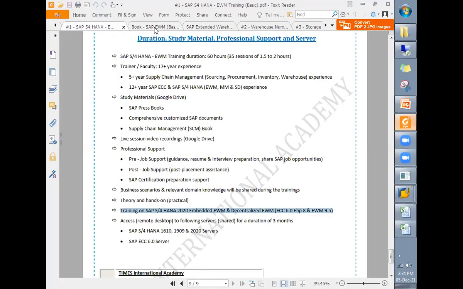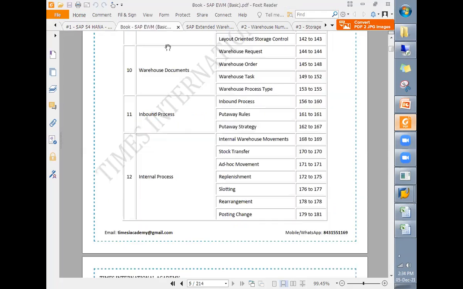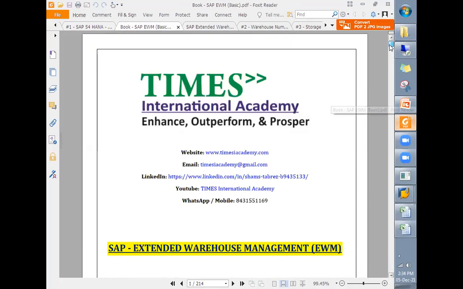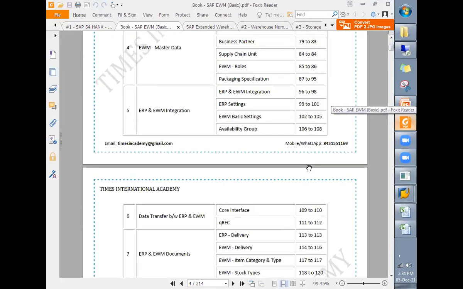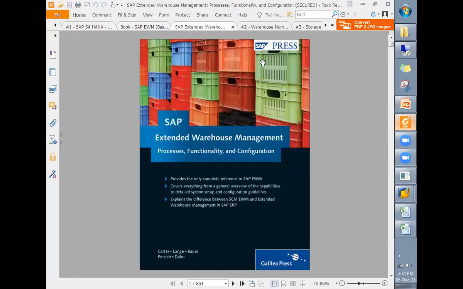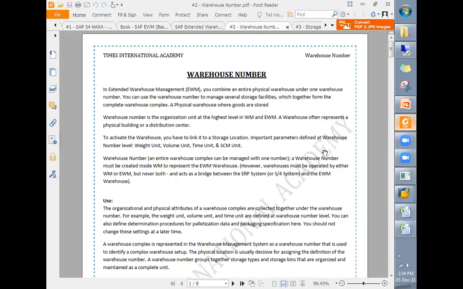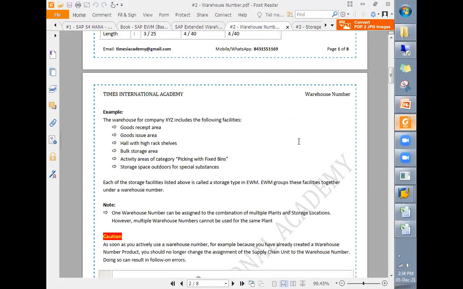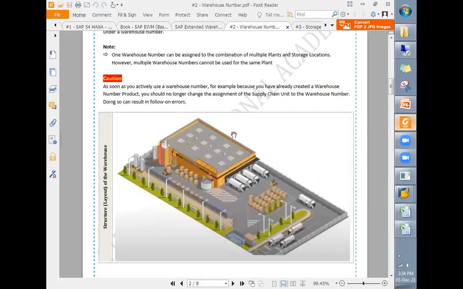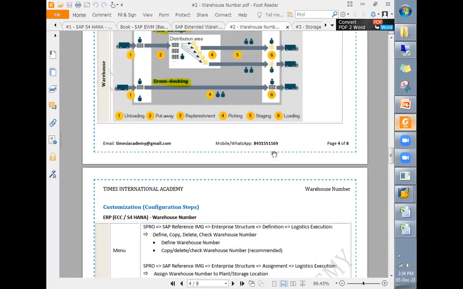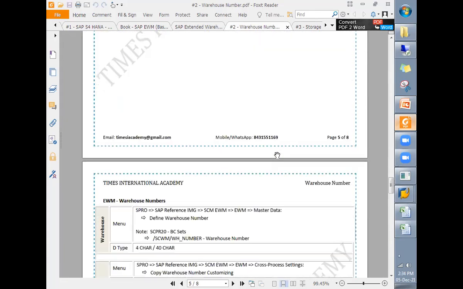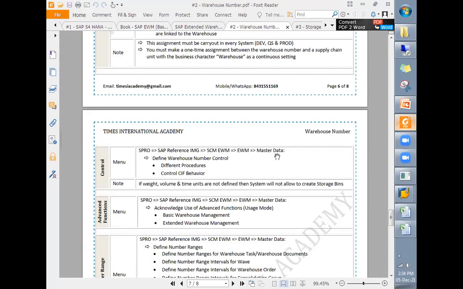And after every session, you will receive the video recordings, and we have our own customized EWM book for our candidates. In this book, you will find comprehensive documents related to each topic and subtopic, which include the theoretical part, customization, configuration, and all.